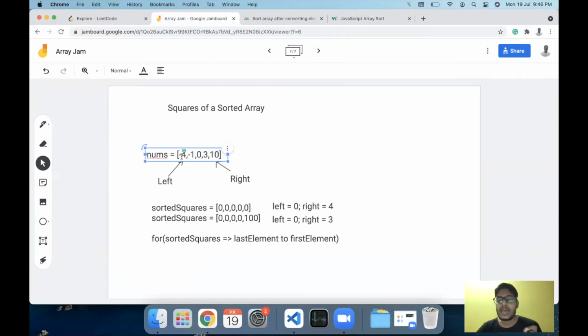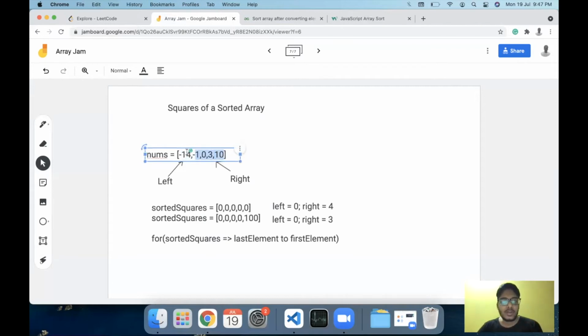So if I compare the absolute value of these two elements, let's say the absolute value of 4 and 10, I know that 10 will be larger. Why am I comparing absolute values? Because if I square 4 and if I square 10, I know that the result will always be positive. And I need to check whether the negative value, which is starting from the left, or the positive value, which is starting from the right, is the greatest. For example, if this would have been -14, then I cannot just pick up my element 10 and push the value 100 directly towards my end, because obviously for -14 the square is greater than the square of 10, right?